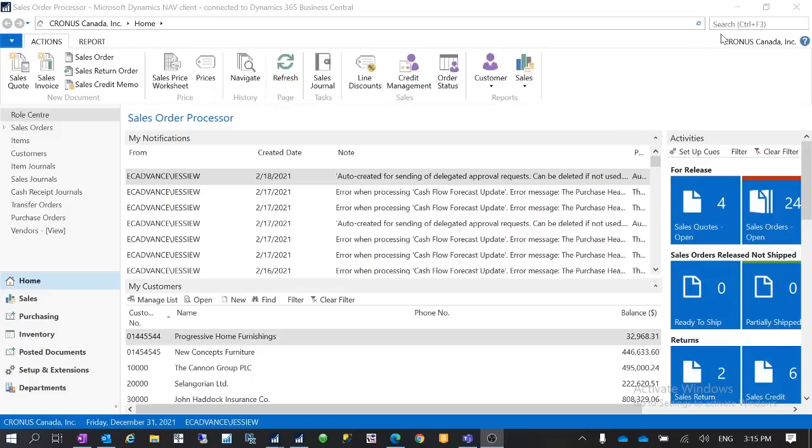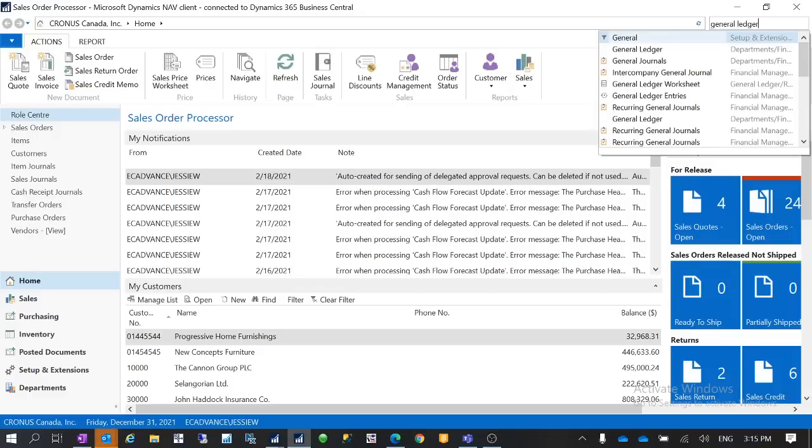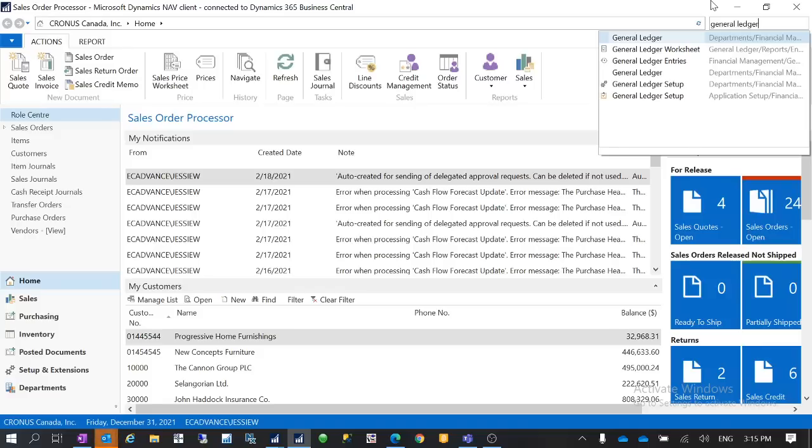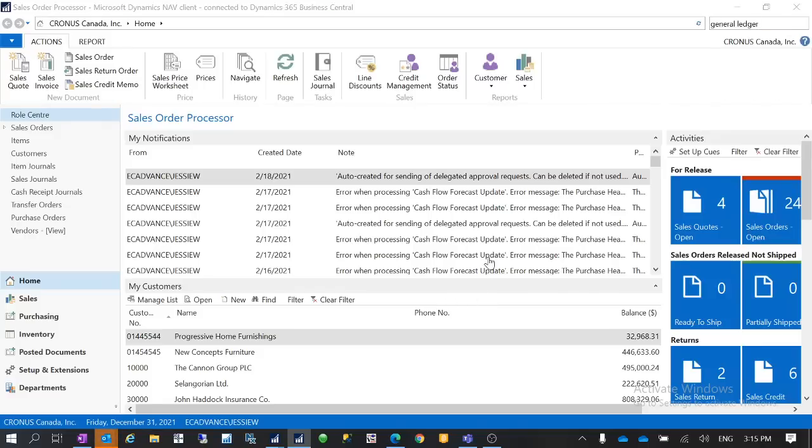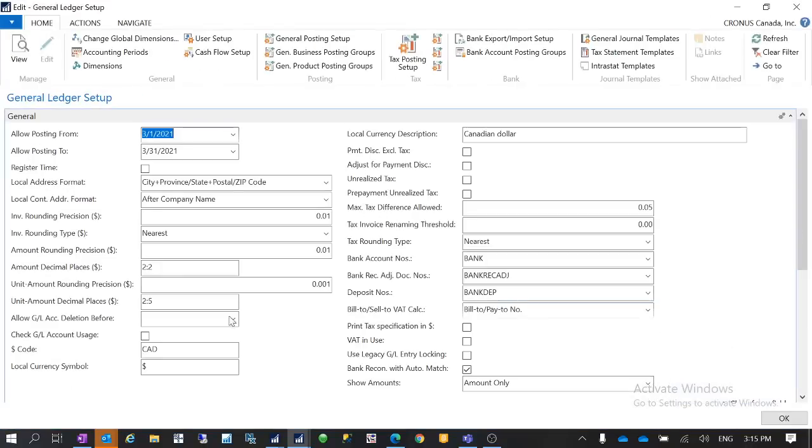In this video, I want to talk about how you can use analysis view and GL budget on your account schedule. So we'll start from the general ledger setup, because in order to use the dimensions on the analysis view, you have to go into your general ledger setup and make sure, under the